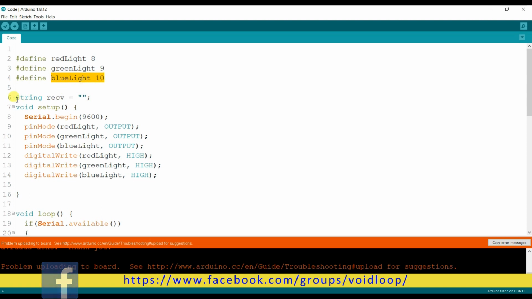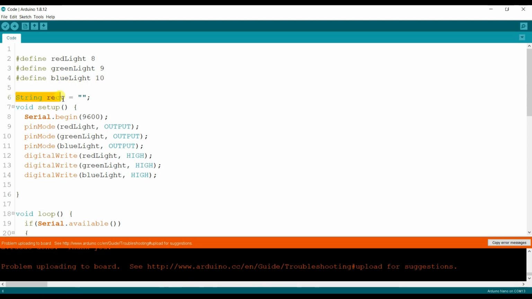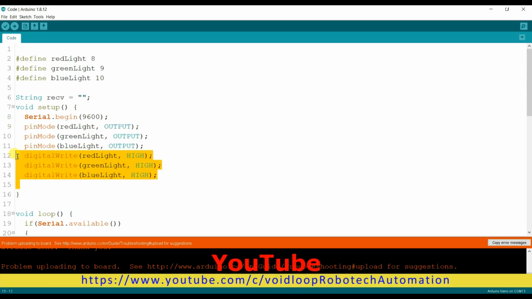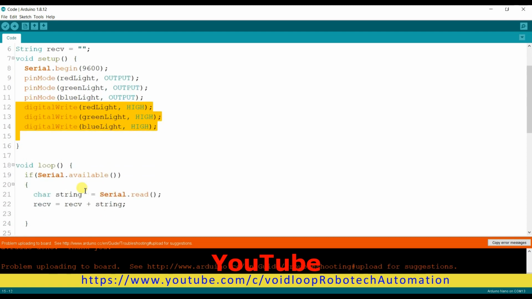I have created a string variable named receive. It is empty by default, and I have initialized all pins as output, and I keep all pins high by default because the relay I am using is an active low device.